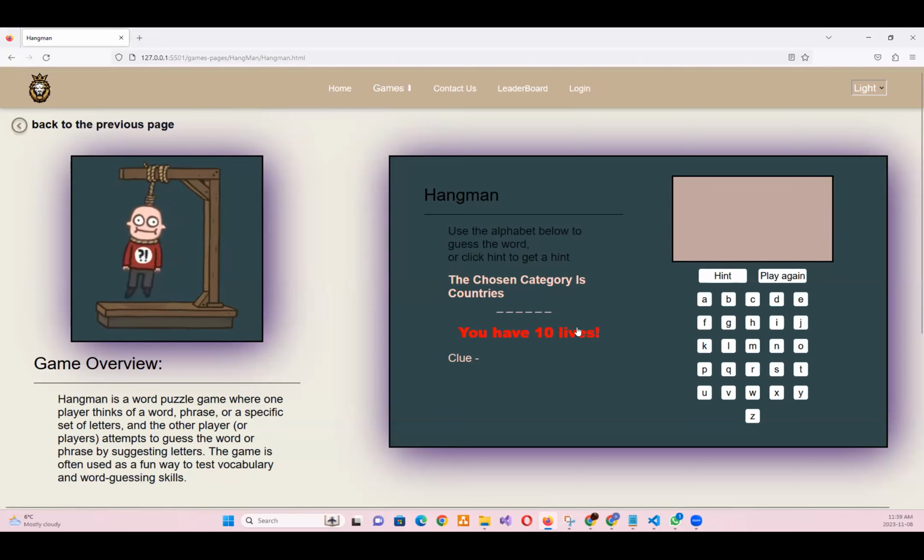In my game, I also added a feature. When you start playing, there is a sound effect that starts directly and keeps playing until you play again or refresh the page, then it stops. You could see I have a hint feature to show hints for the game. I have a play again feature and I have a clue. So basically it goes that way, and you keep going. If you go on hints, it shows some hints.